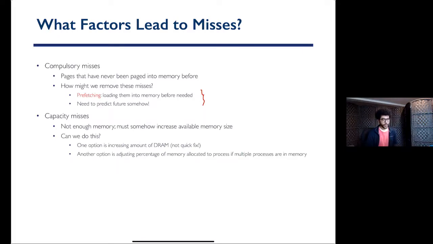Capacity miss basically is what I said. So if you don't have space, well, you will end up having capacity misses. Now, to solve this, you have to have a bigger cache. And in the case of memory, you have to have bigger memory. So one option is to increase the amount of DRAM. Another option is to